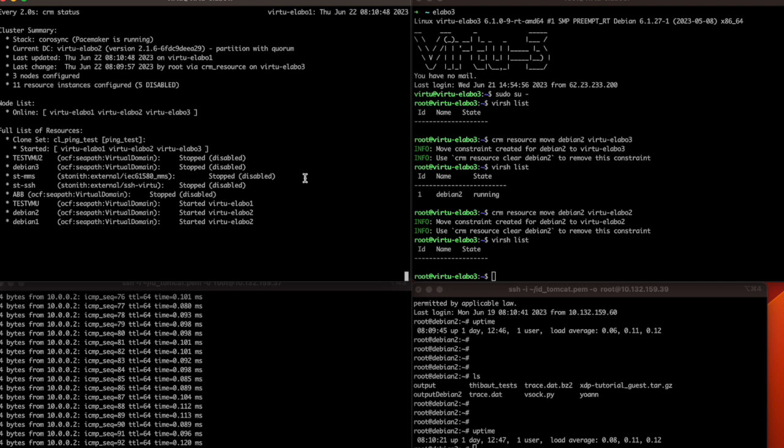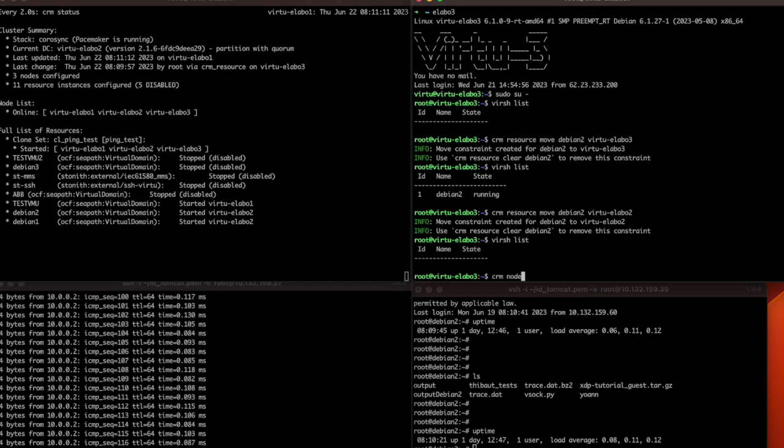Second use case, let's say we want to restart, for instance, this host, or we want to do some maintenance on it. So we want to move all the VMs out of this node. I'm going to say, okay, this node is going to be down for maintenance, so we want to move all the VMs. So there is a pretty handy command in Pacemaker, which is to use the CRM node command,